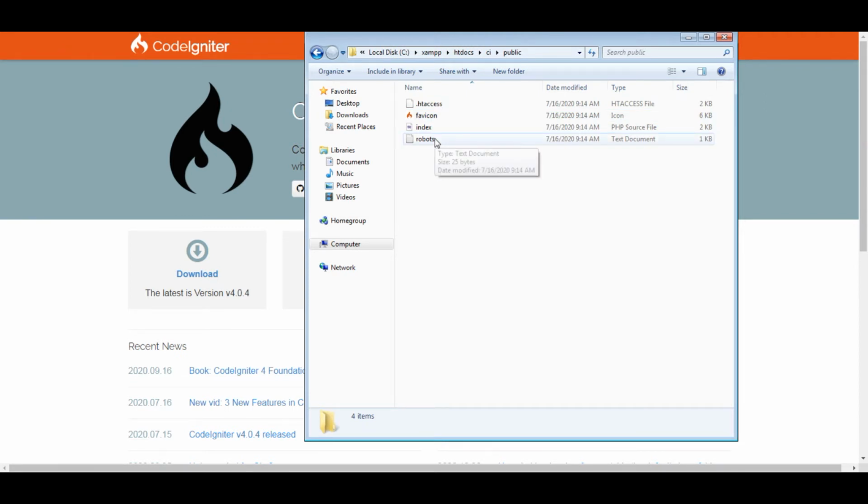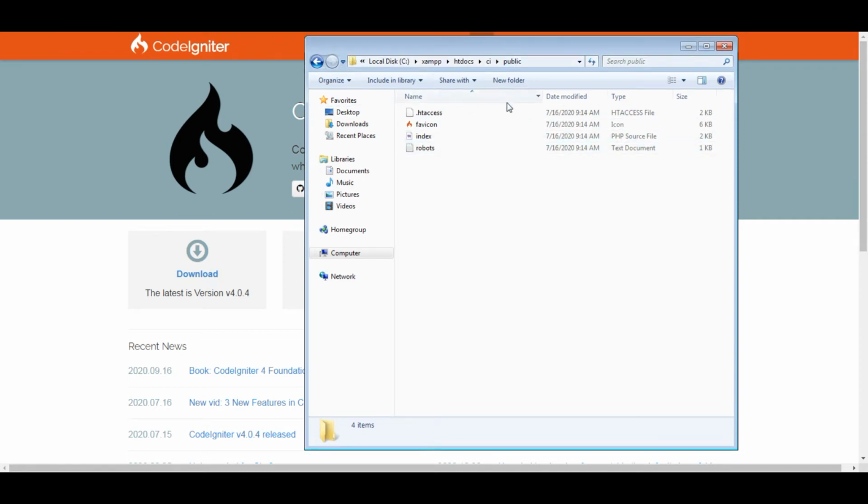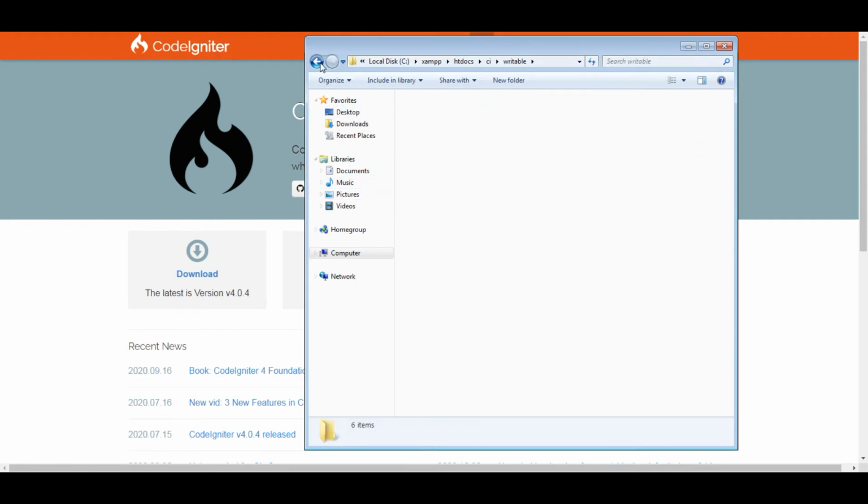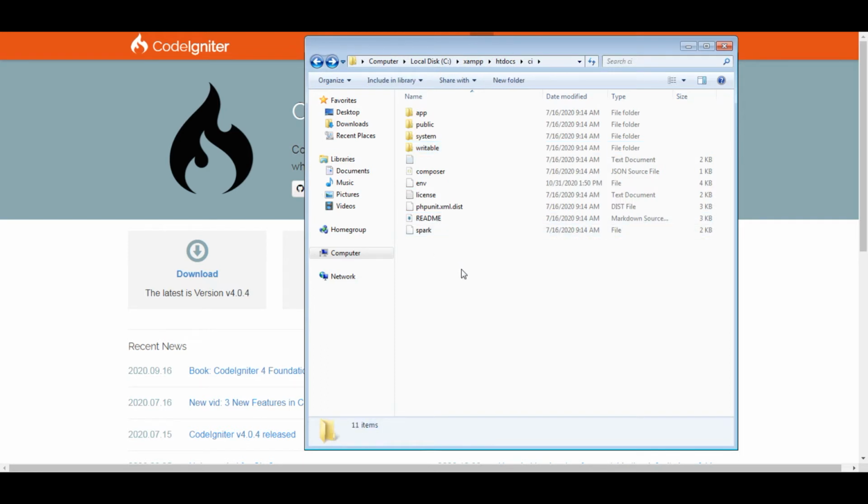You can put image assets and other files needed for the application in the public folder. The system and writable folders are managed by CodeIgniter for the overall performance and working, so don't touch the system folders. Our entire work will be held in the app folder only.